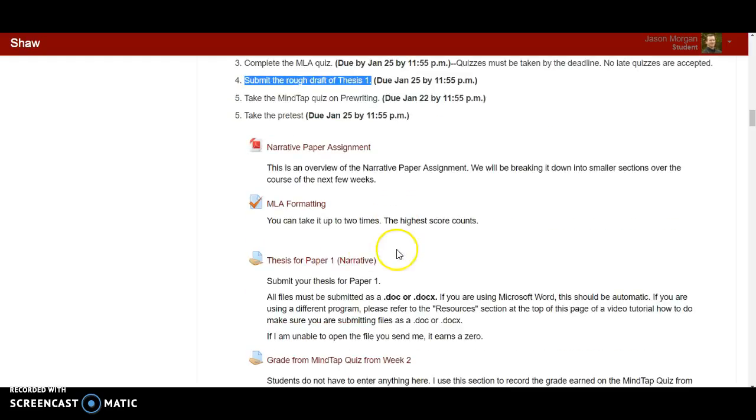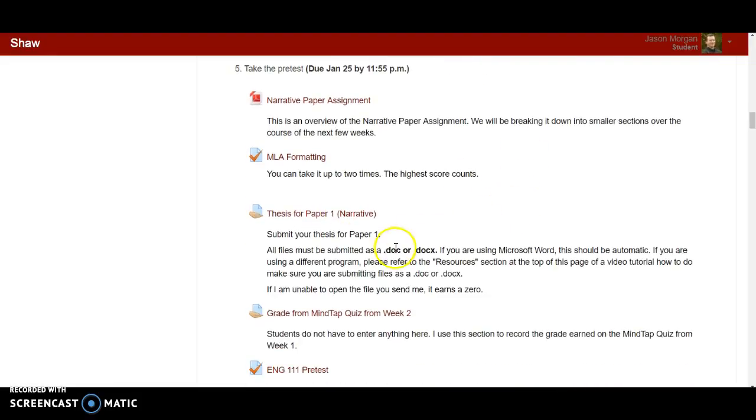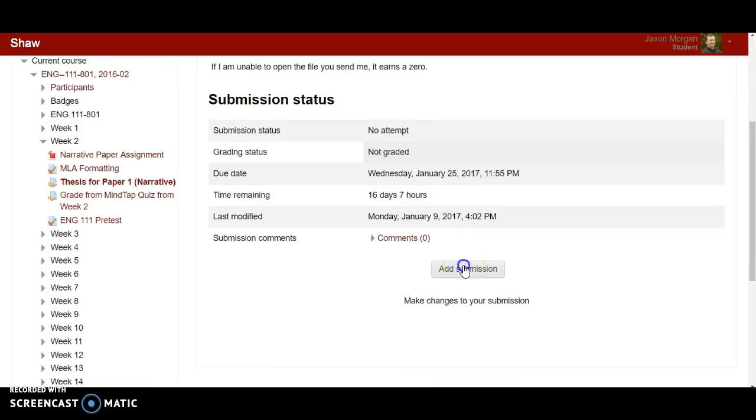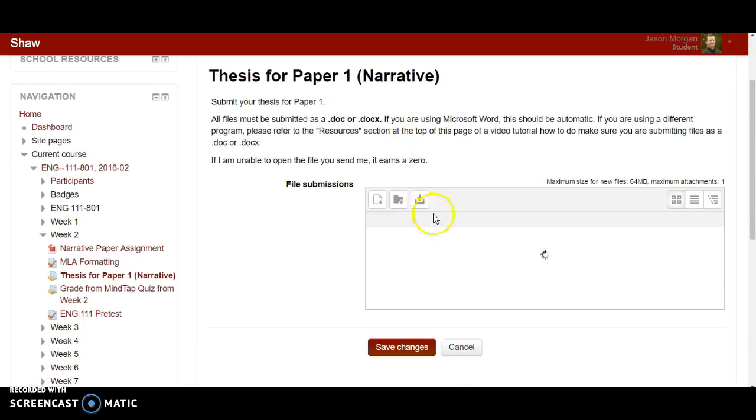Then you're going to post here your first paragraph of your paper, just to see where it's going to be going. Again, you need to submit it as a doc or docx. That will help us with that. To do this, you would just click on the thesis for paper 1, and then you would add submission,